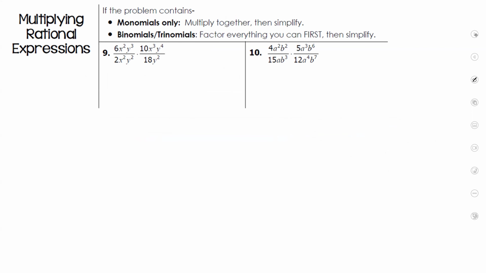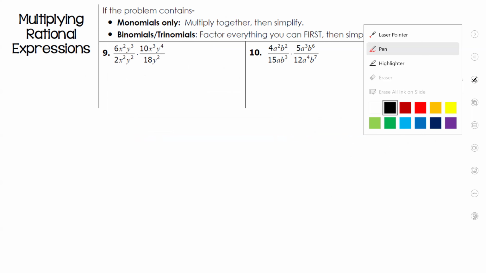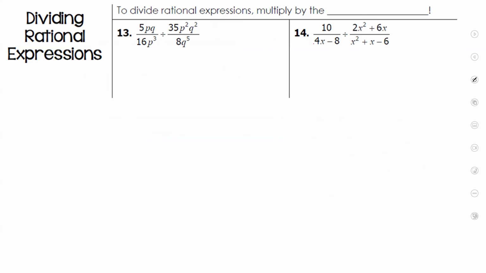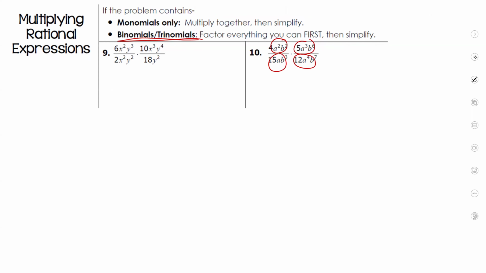multiplying. So when you have monomials, you just multiply them together. If you have a binomial or a trinomial, then you're going to factor first. Factor everything first. So guys, these are monomials. These are monomials. You're just going to multiply across. Whenever you have trinomials and binomials, like these examples, this is a binomial. It has 2 items. This is a trinomial. This is a binomial. You have to factor those. Okay? So let's do an example with